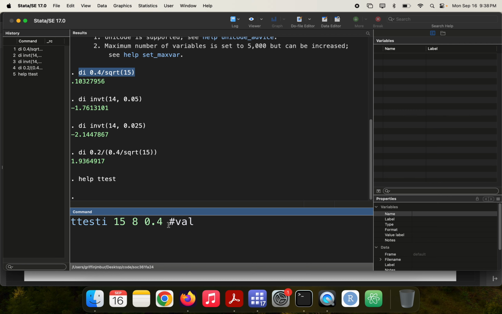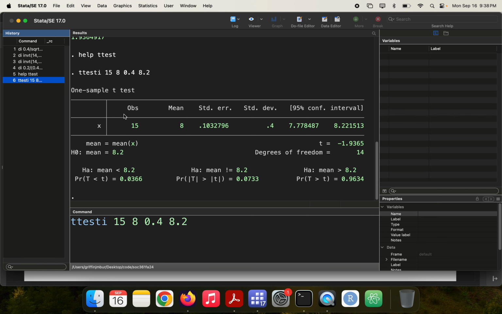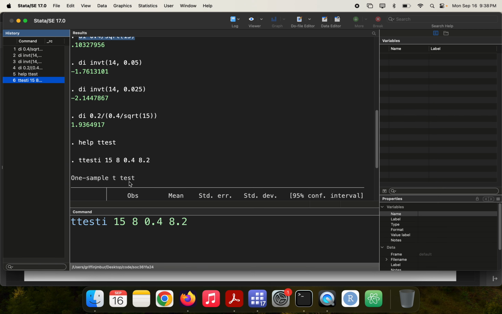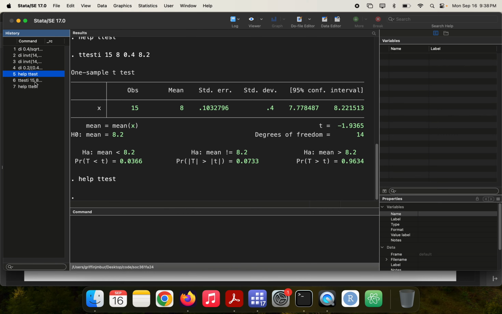Standard deviation, we had 0.4. And then the value we actually observed was 8.2. And you can see here, we have this nice thing. If we have a claim that the, oh, sorry, I actually swapped these. I don't often use this. So here, actually, we're supposed to put, in place of the syntax, let's come back here, syntax, mean, and then value. We actually want to put the mean, the thing we observe, and the value, the thing we're testing. So same result's going to obtain, but just to make it easier, let's say 8.2 here